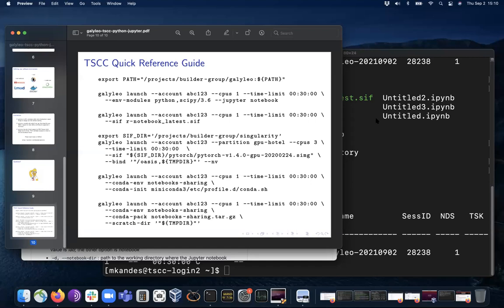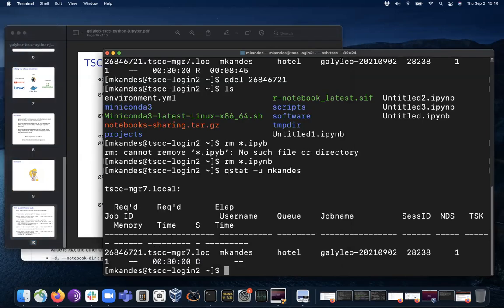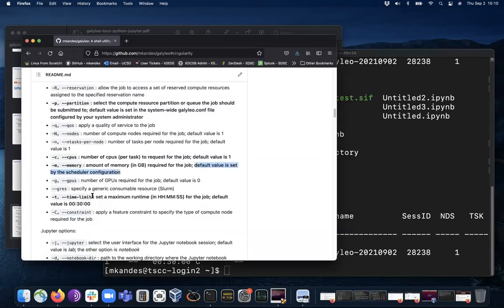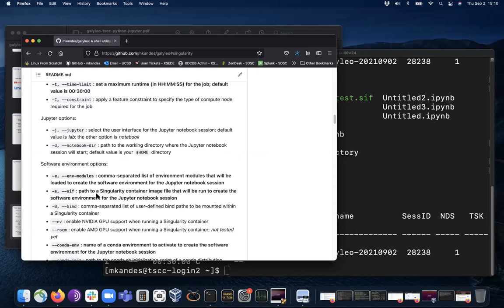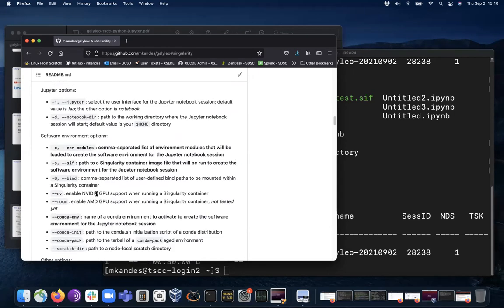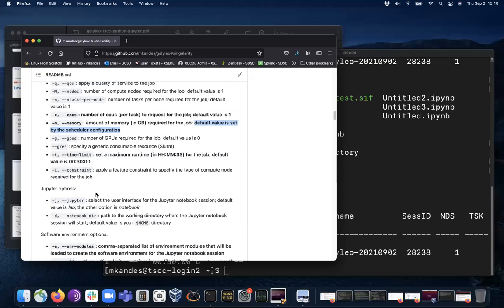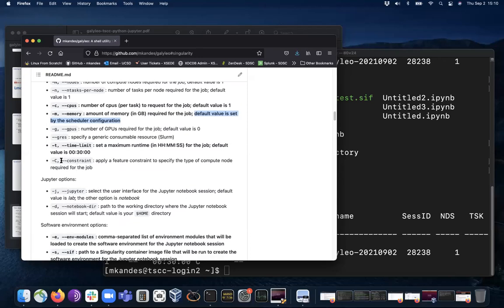Can you specify a specific node instead of just saying nodes equal to 1? Can you say node equal to a node name? Yes, I believe so. Let me try to show with that example if I can. I do have an example of this in the documentation, I think in the Singularity section, but essentially what you'll use is this constraint